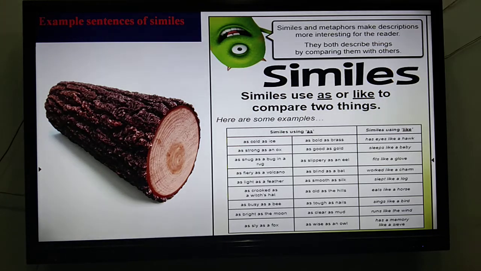Similes and metaphors make descriptions more interesting for the reader. They both describe things by comparing them with others. Similes, like we have seen before, we use as or like to compare two things, or even we could compare people to things. For example, as cold as ice, as strong as an ox, as snug as a bug in a rug,